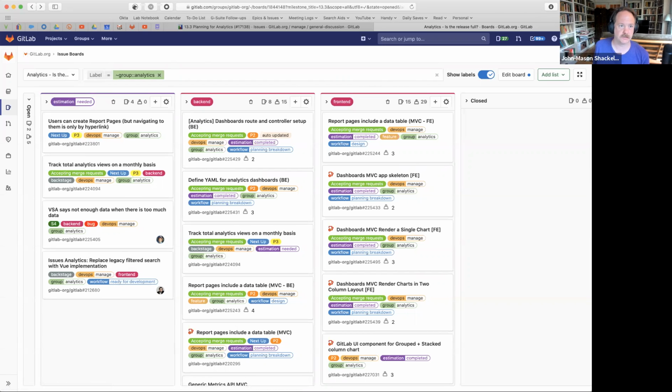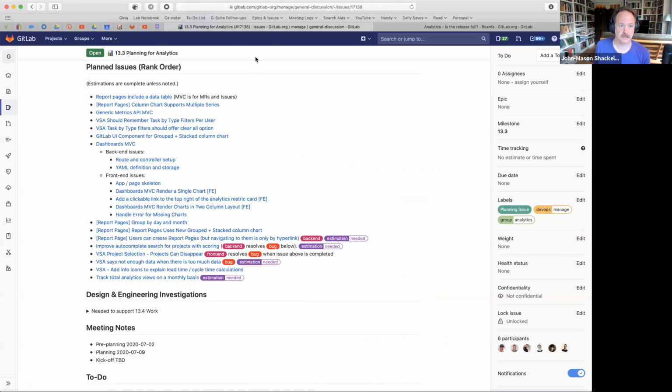So what I've been trying to do here is reconcile our list of items in the back end and front end columns with what we have on this list. And I think I've done that for the back end already. And I was just about in here somewhere for the front end issues and trying to make sure that the prioritization matches. These ones, which are still estimation needed, I just moved into the milestone temporarily so that we could see it on the board and decide whether they fit.